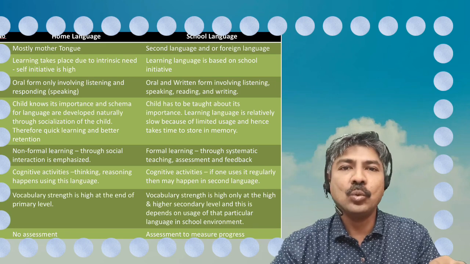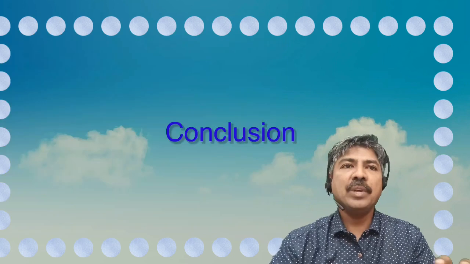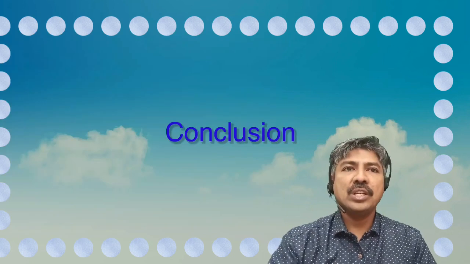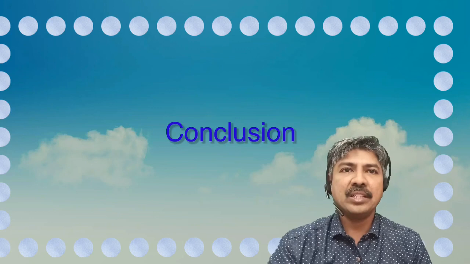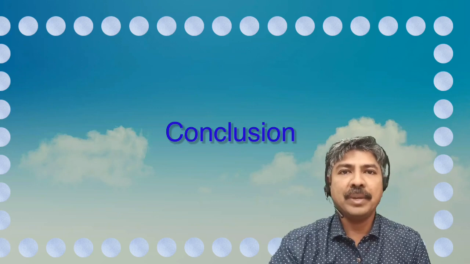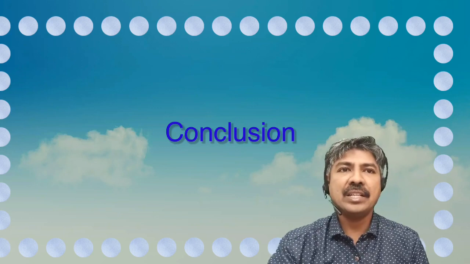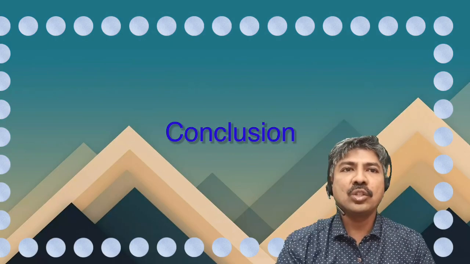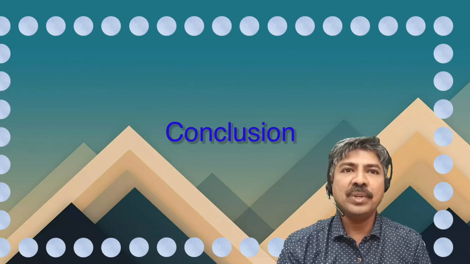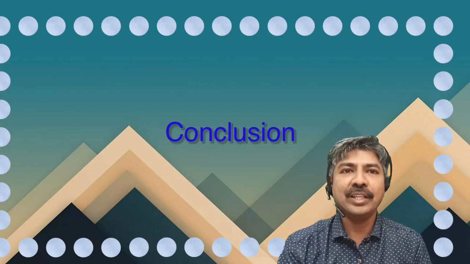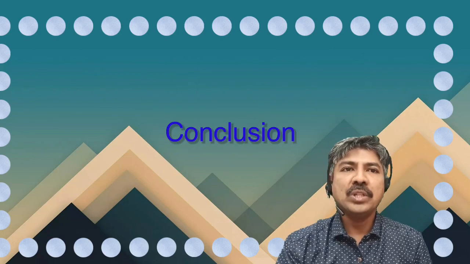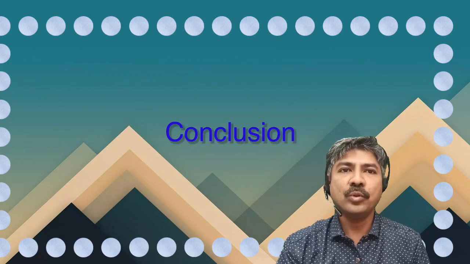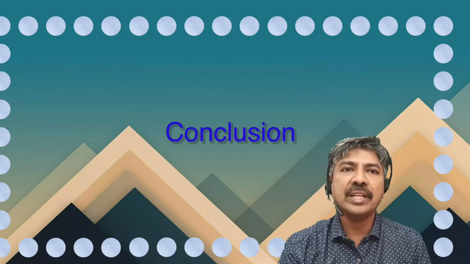So let me conclude by saying introducing children to multiple languages is a good practice, but it should be coupled with suitable methodology. Unnecessary rush at the very young age, especially writing, should be avoided. In other words, slow and steady wins the race should be the principle of teaching and learning a language. Individual attention and appropriate social structures for using or practicing a new language should be established within the school setup so that children are comfortable.